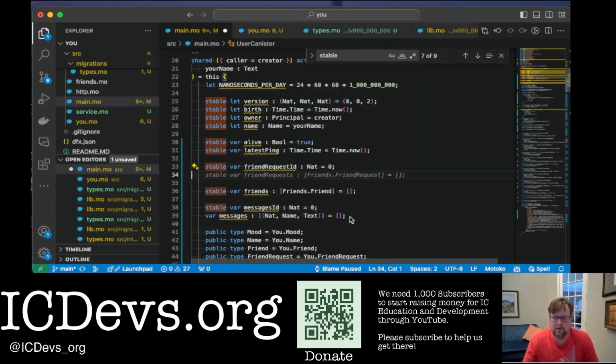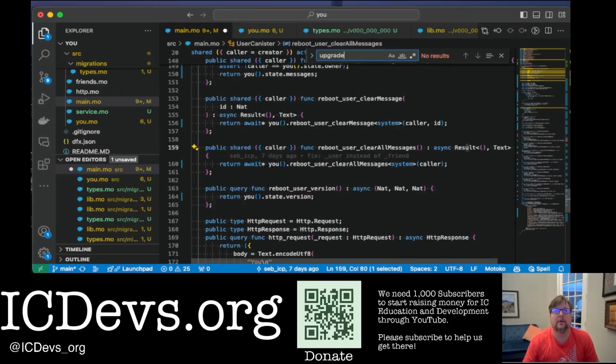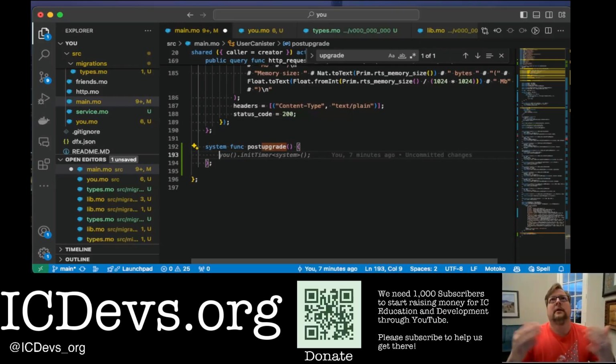I don't need that anymore. Okay, ooh, we don't have an upgrade. I have been using this so long that I don't even remember what upgrade looks like, because you don't have to do upgrade anymore after you do this. Okay, so what we have to do here is we need to make sure that if we have existing values,